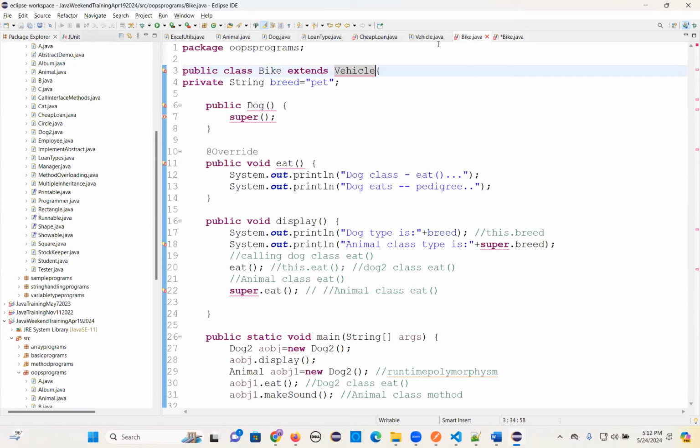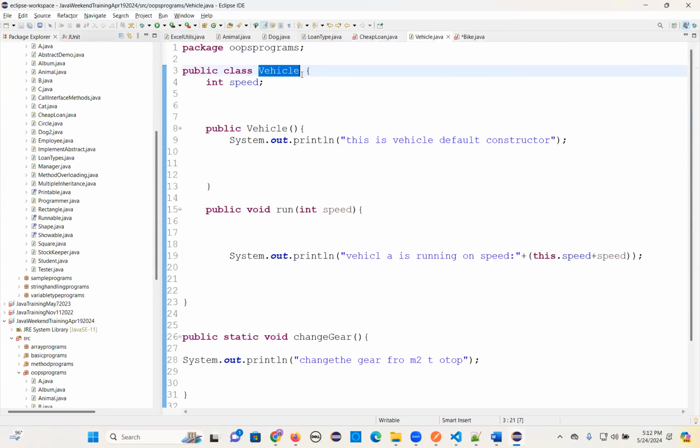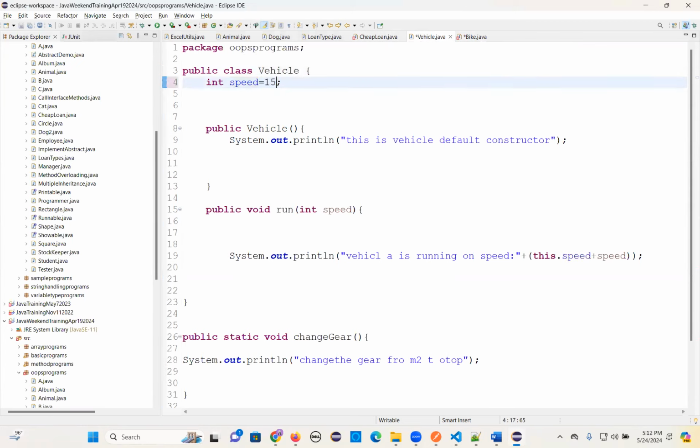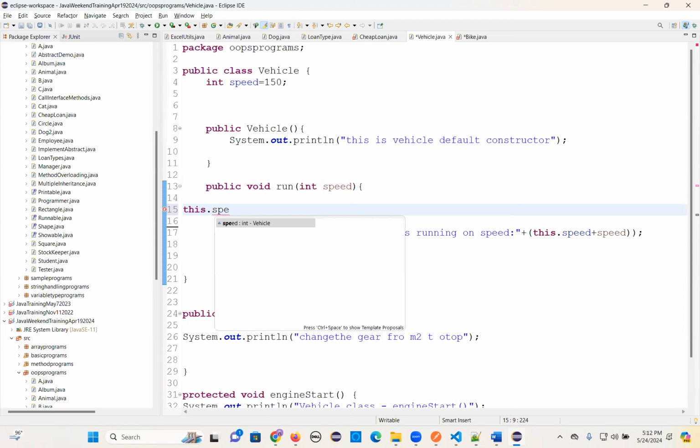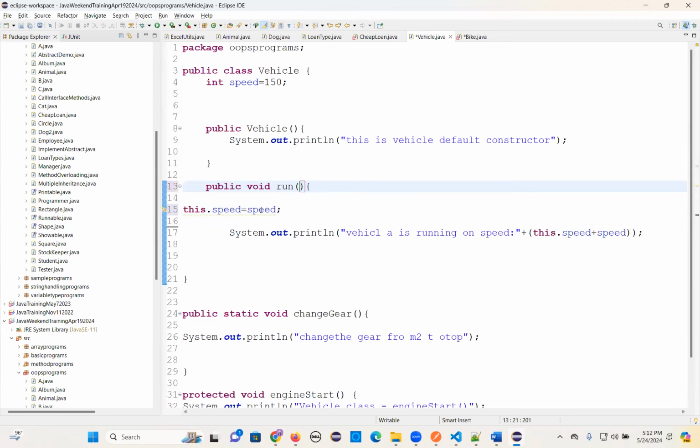So what we declared: the vehicle class has a speed variable. Maybe I'll give this 150 kilometers per hour. Vehicle has a default constructor. Speed you can give: this dot speed equal to speed. Otherwise, you can assign the value. If you don't want to give this value, you can assign the value in the